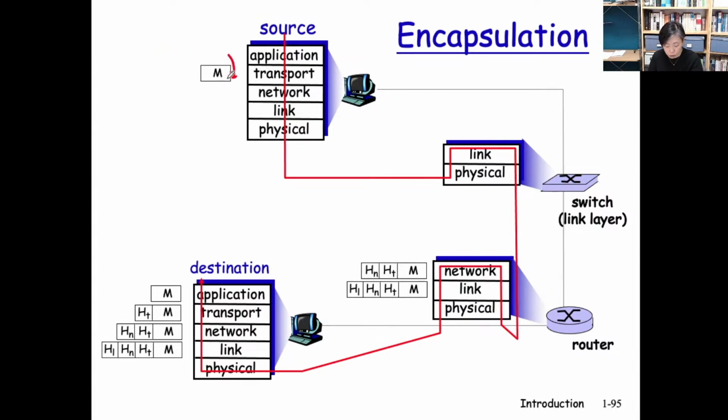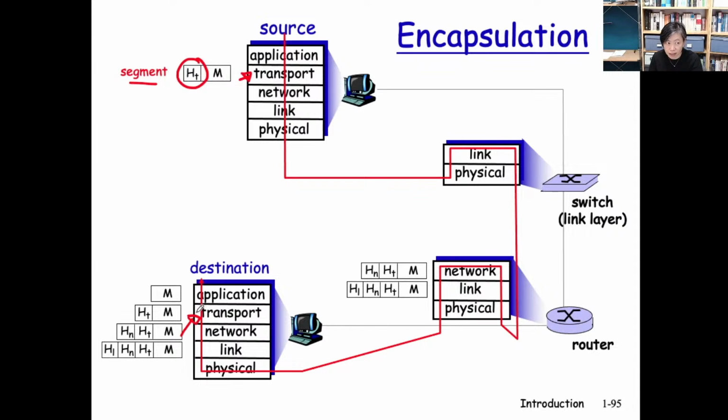As the message arrives at the transport layer, a header is appended in front of the message. Because it's appending, these additional pieces of information are referred to as the header. H stands for header, and this is a header appended by the transport layer, therefore HT. The whole thing together, this packet, is referred to as the segment. So a packet at the transport layer is called a segment. And you see that this header here is very important. This allows the transport layer component at the source side to communicate with the transport layer component at the destination side.